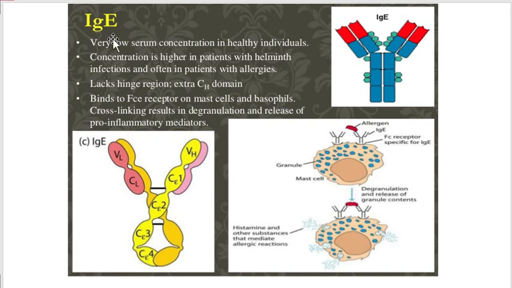And IgE, though it is basically responsible for parasitic infections, sometimes a few people tend to give intense reactions with IgE when it binds to its high affinity receptors present on mast cells and basophils, resulting in allergic reactions. These allergic reactions we will cover in the type 1 hypersensitivity reactions, and these are mediated by IgE when it is bound to mast cells and basophils. Mast cells and basophils are the cells present in our body and responsible for allergic reactions.